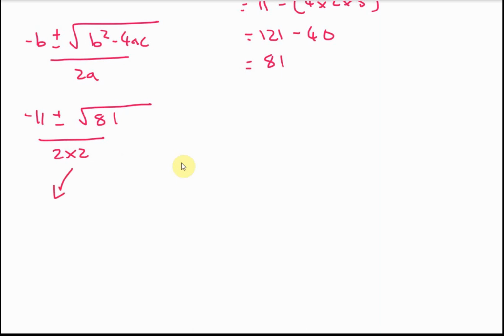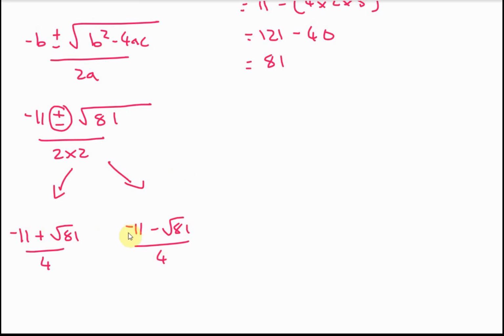Okay, we're going to do two calculations. We're going to say minus 11 plus the square root of 81, divided by 4. And we're going to say minus 11 take away the square root of 81, divided by 4. So that's what the plus or minus is saying. It means we need to do